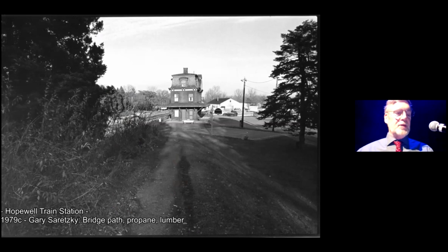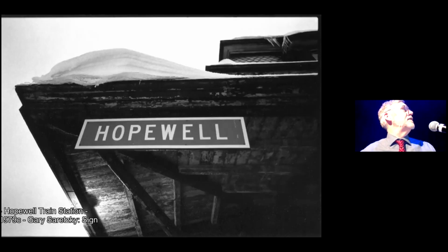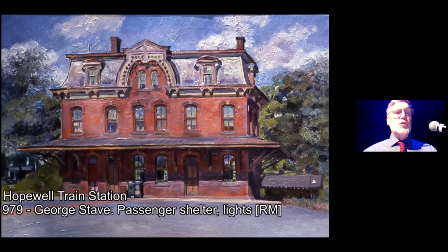Gary Soretsky is another local photographer who also provided a whole bunch of images. And this is a great image that shows a view we don't normally see, down the path from the railroad bridge to the train station. And then the next image is just a wonderful, wonderful image of the train station. Not your typical view, just wonderful. Next image, George Stave, another painter in the area, did this great view. And to the right, you can still see the passenger shelter peeking out. Next,